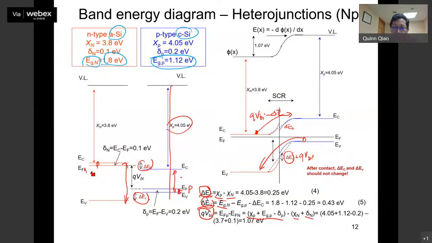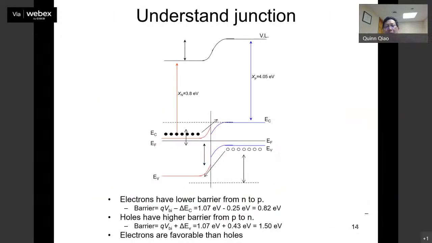So here you can see, with these band structures, you will know how the banding looks, what the barrier is for positive charge, and what the barrier is for negative charge, and then you need to plot this. You will know what's going on. So that's what this is about. In order for you to understand the junction,